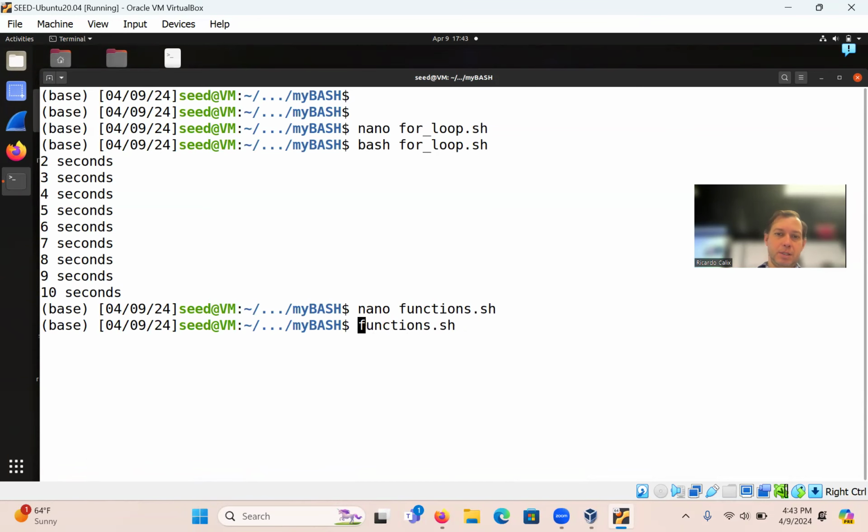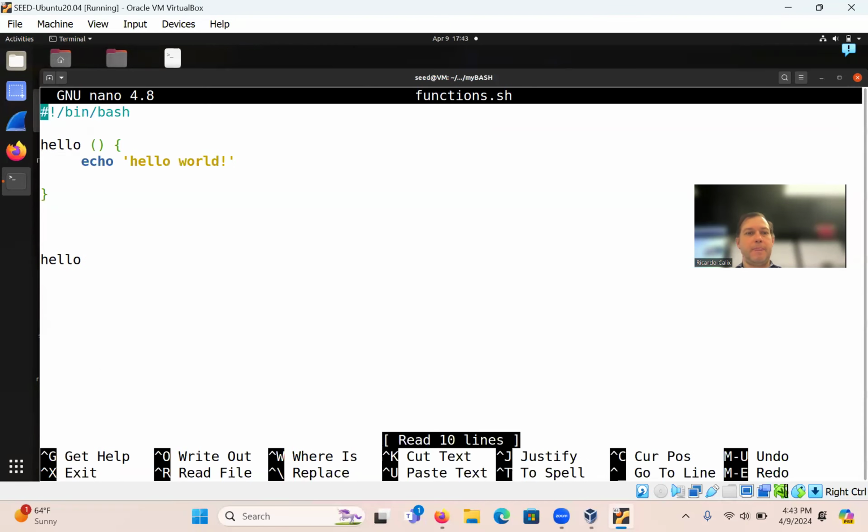So let's try that one. This is going to be bash, and there you go. So it calls hello world. We might want to define a second function. We can comment it out, similar to Python. Second function, curly bracket, close curly bracket.